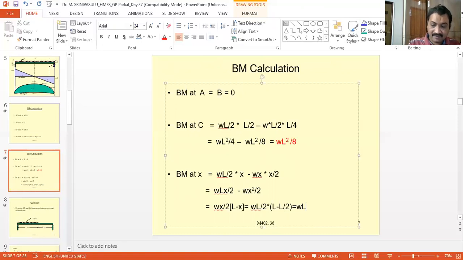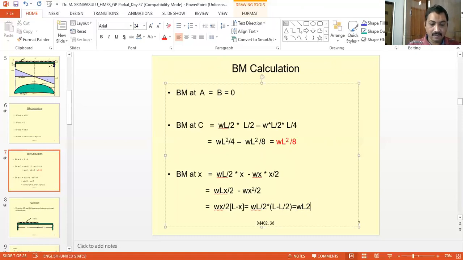So this is equal to W into L by 2 into L by 2, that is 2 into 2 is 4. So here also W into L by 2 into (L minus x), we will be having the same equation, and that becomes WL square